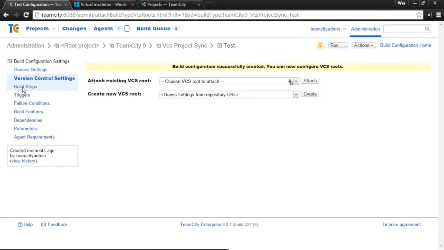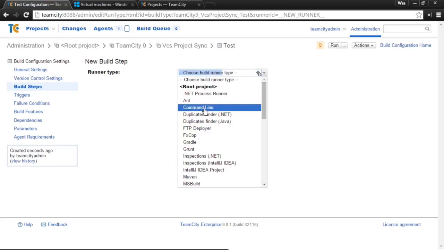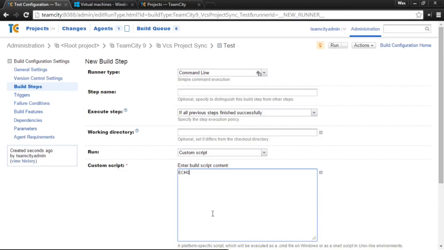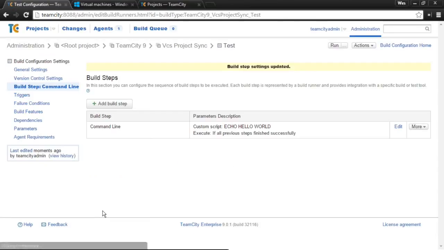And then let's say I want to add a build step. And I want to add a build step that does something simple, like it just simply echoes out hello world. Simple enough. Go ahead and save that then. So I've done a couple of things in the interface to TeamCity now, and you're probably wondering, how does that